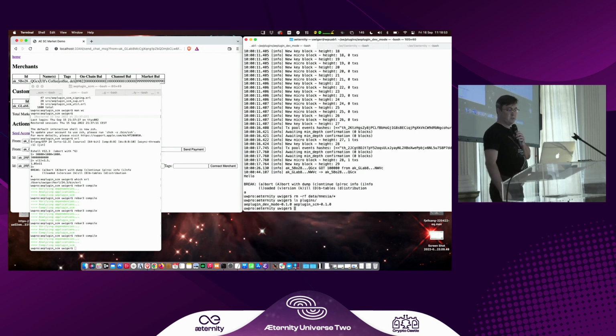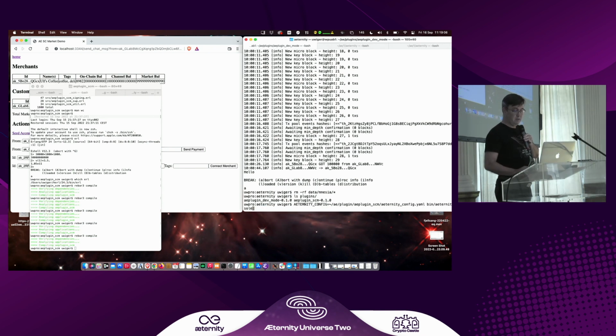Essentially I just linked in the dev mode plugin and the state channel market plugin in the plugins directory. And then I use an Æternity config that I've created in the demo directory, which specifies these plugins.